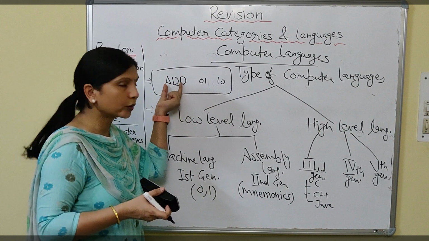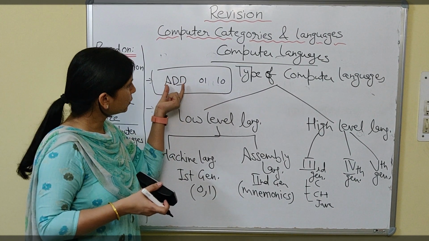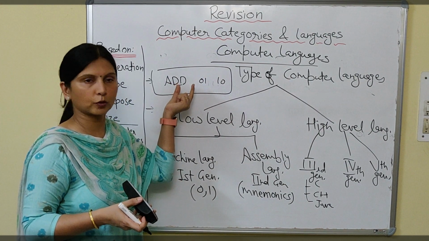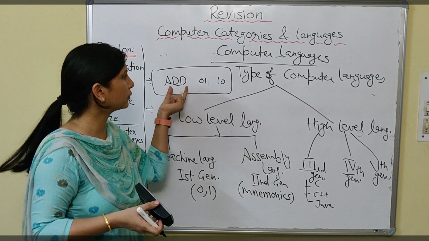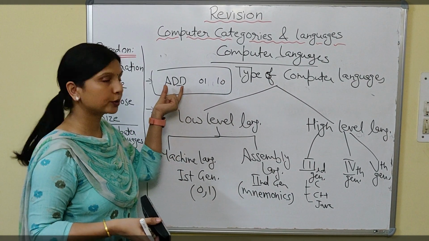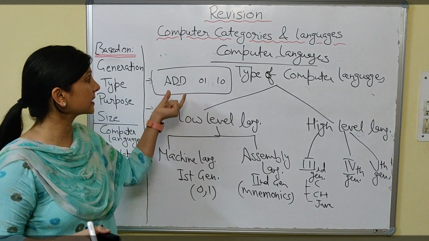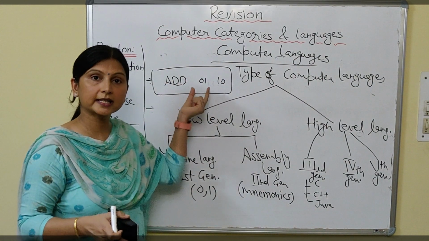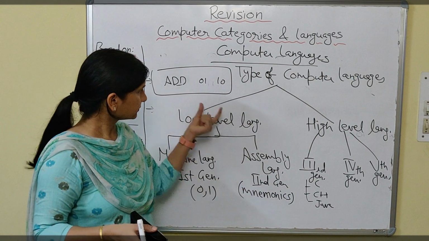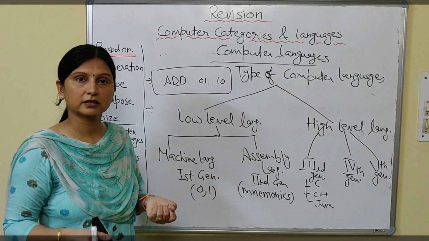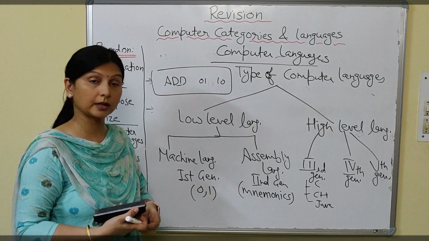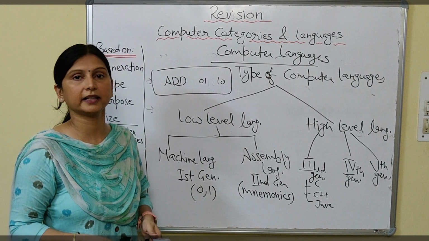These are called mnemonics. So if I ask you which one will be easier to instruct the computer, in 0 1 terms or these terms? Obviously this. For addition, if you write ADD, this will be easy for the user to instruct the computer. So the first advantage is that you are using mnemonics and that will be easy for the user to instruct. Now again a disadvantage: easy for the user, but the computer cannot understand it directly because computer understands only 0 and 1.